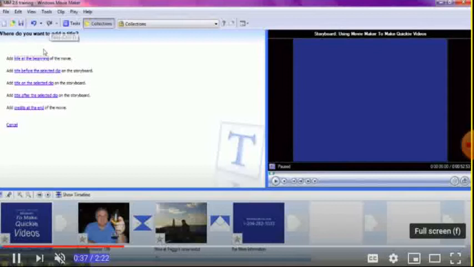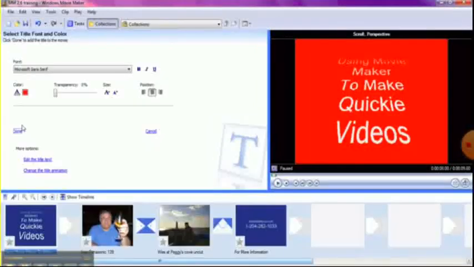Now the text window opens with the text box cursor blinking in it. Type the title in it. After typing the text, if you want to format the title, click the Change the text font and color option. After changing your color and font, your result will be like this.